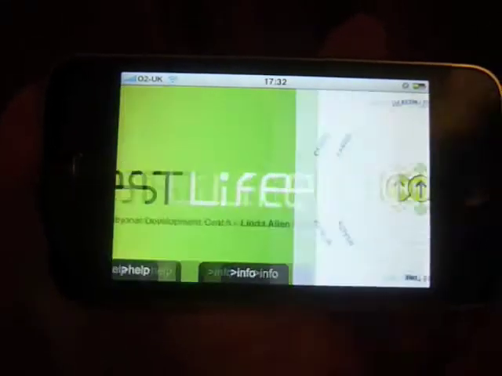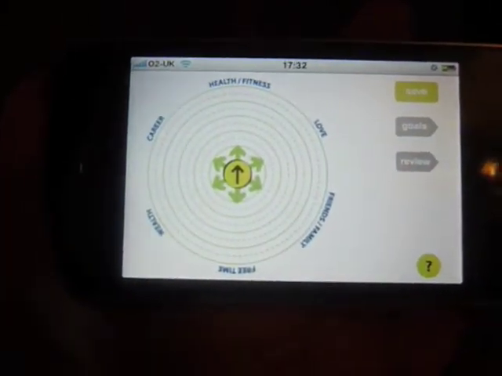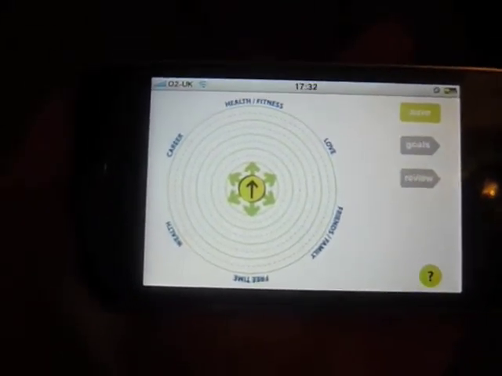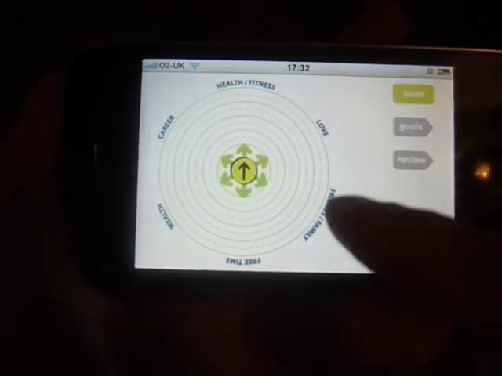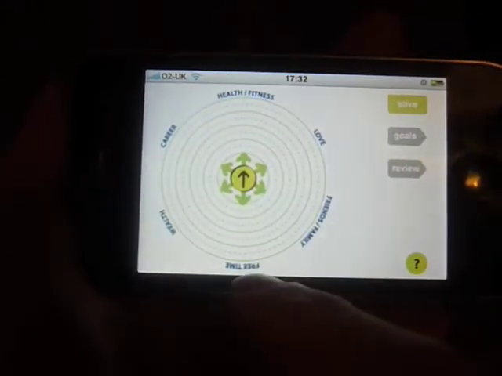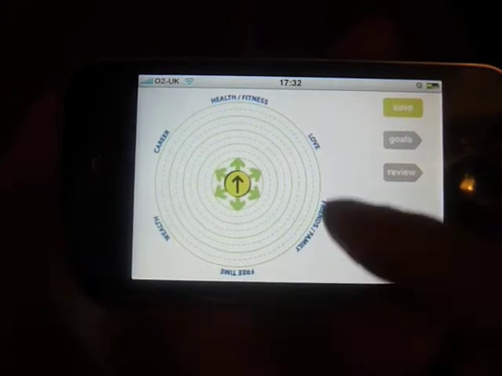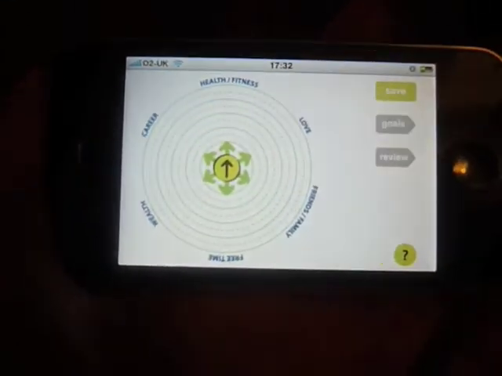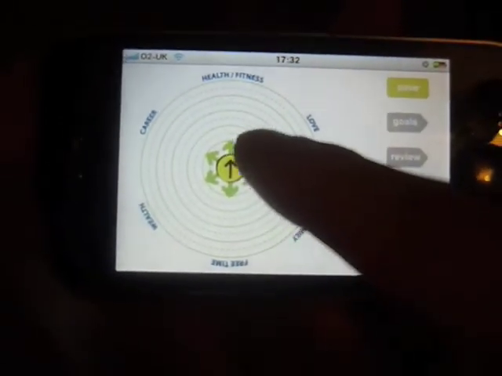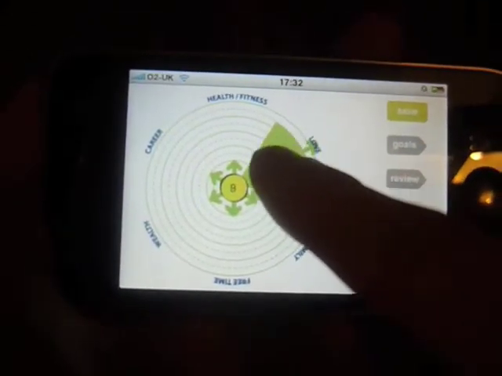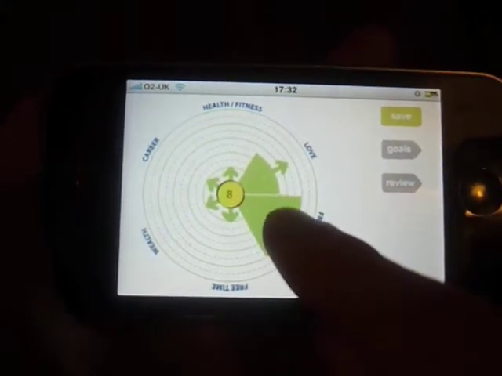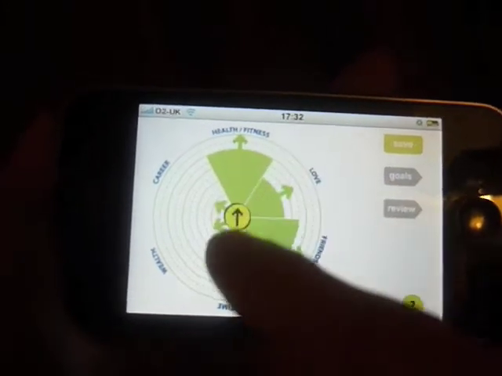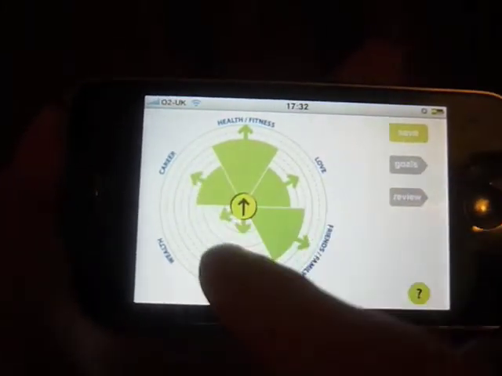This one's based on quite a familiar technique, especially in the personal development area, called the Wheel of Life. As you can see around the screen here, we've actually got 6 areas. Basically, a person's life broken down into 6 core areas. So we've got love, friends and family, free time, wealth, career, health and fitness. And just to start, all we ask people to do is basically score their life from 0 to 10, 10 being the most happy and content, and 0 being the least.